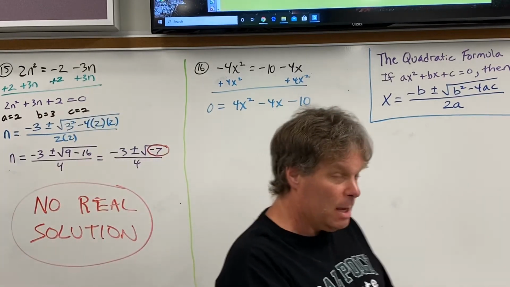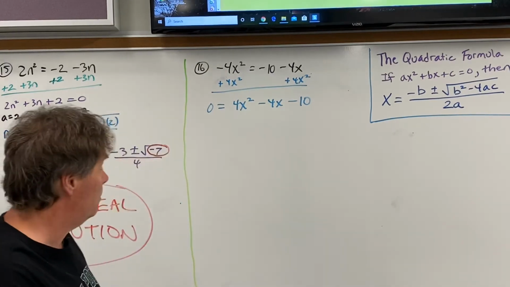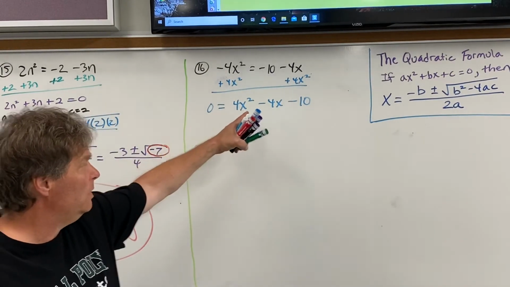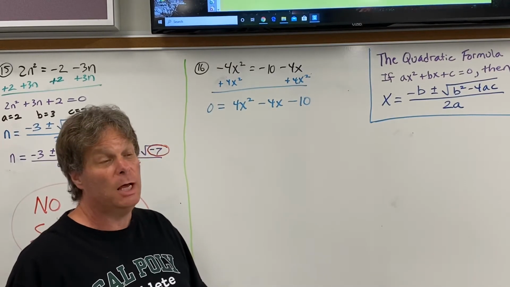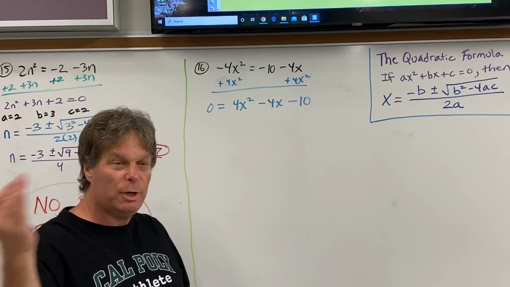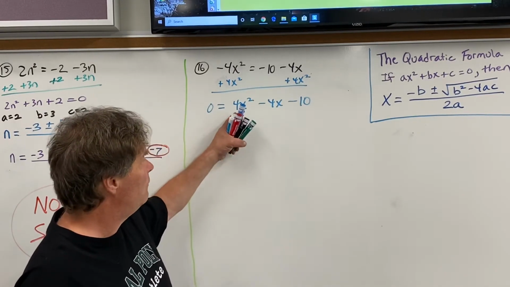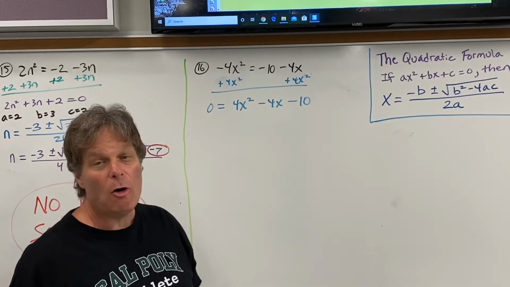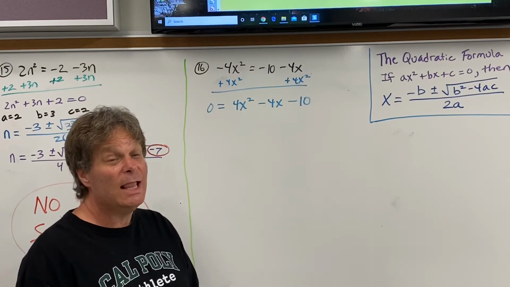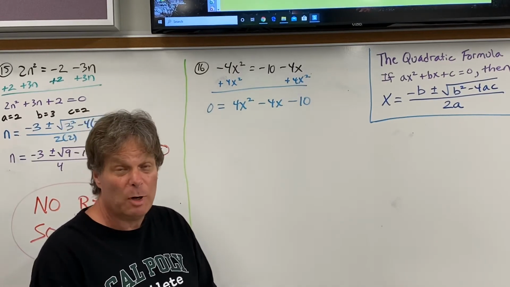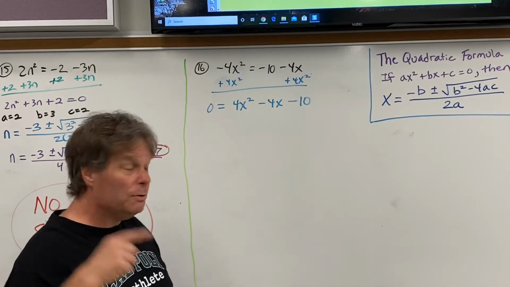Okay, wait a minute now. I've got some suggestions for you. If you look at this problem, I could say A is 4, B is -4, C is -10, and that would be fine. I could plug that into the quadratic formula and do some simplifying, and I would get to the right answer if I did all of that. However, if you notice, 4, -4, -10, they all have a 2 in common. So if I'm a little bit lazy and I'd like to use smaller numbers and save myself a little bit of work and maybe even save some reducing, the smartest thing you could do at this point is